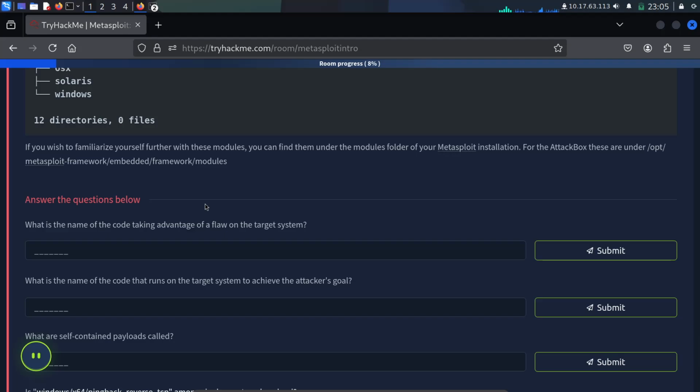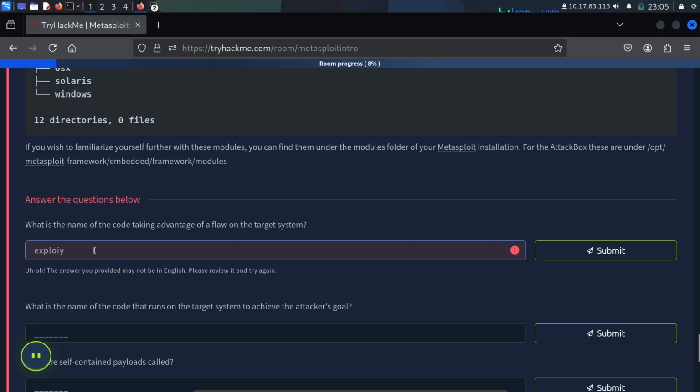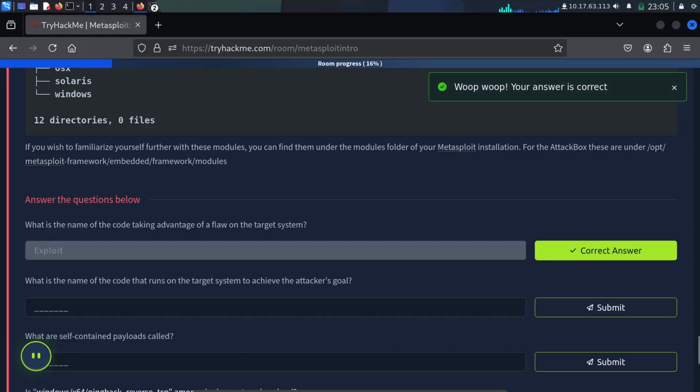Now I'm going to answer the questions. What is the name of the code taking advantage of a flaw on the target system? This is exploit. Sorry, typo. Then what is the name of the code that runs on the target system to achieve the attacker's goals?